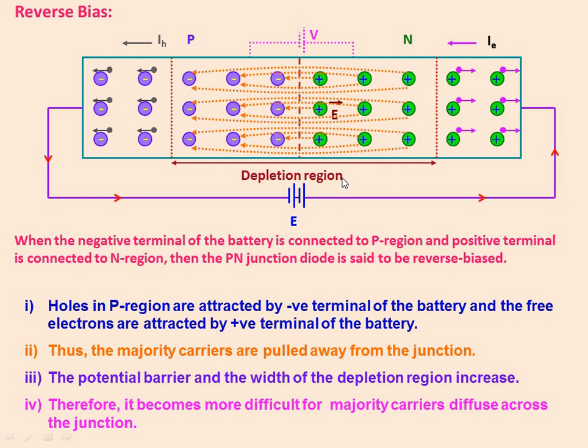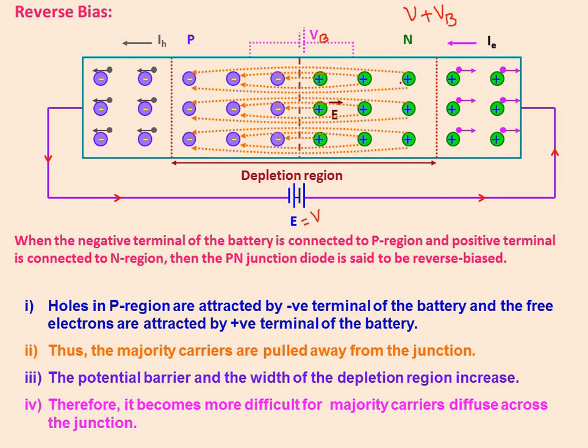Now if V is the applied voltage and VB is the barrier potential, then the effective barrier potential in reverse bias we can give as, earlier it was a difference, right? Now here we should say the summation. It will be V plus VB, or according to the figure you can write it as E plus V, either way. Suppose this is VB and E equal to V, no problem. So it is nothing but V plus VB. V is applied, VB is barrier potential.